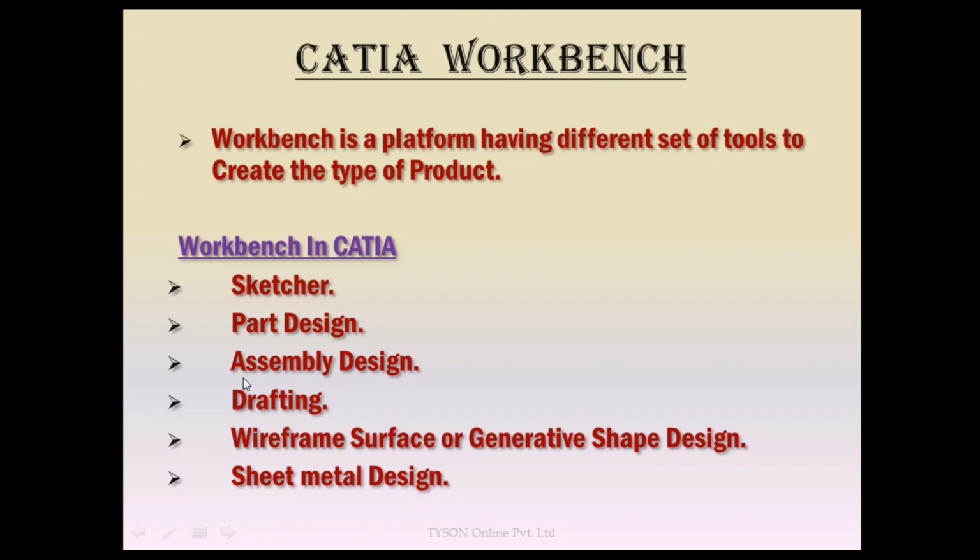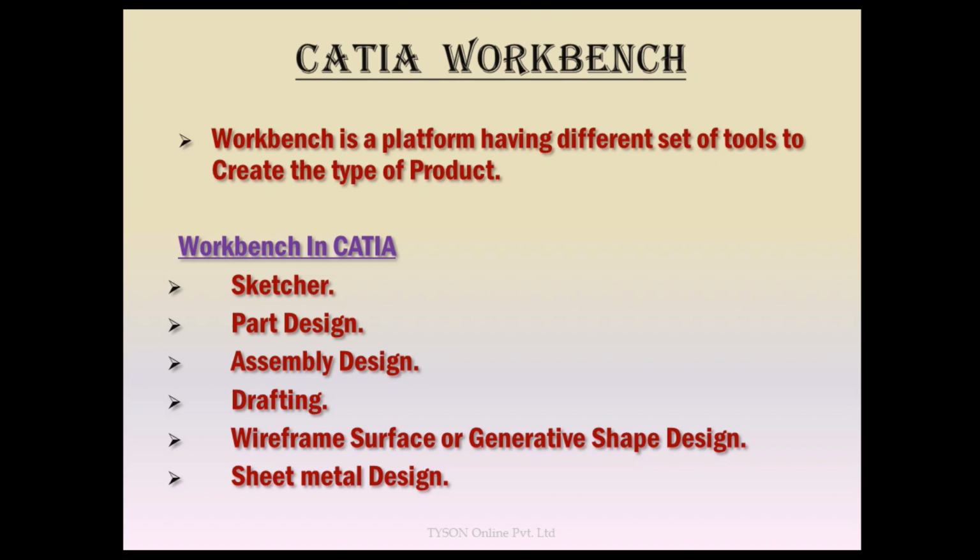Other than this, there is also the assembly design workbench. Assembly means a structure or a frame where parts are brought together and assembled according to their function and position. And then the drafting workbench. Drafting work is also required for the components. A component which is designed is sent for manufacturing for the actual creation of the product, so the drawing of the product should be ready with blueprints. This is done in the drafting workbench. So these are the different workbenches in CATIA.